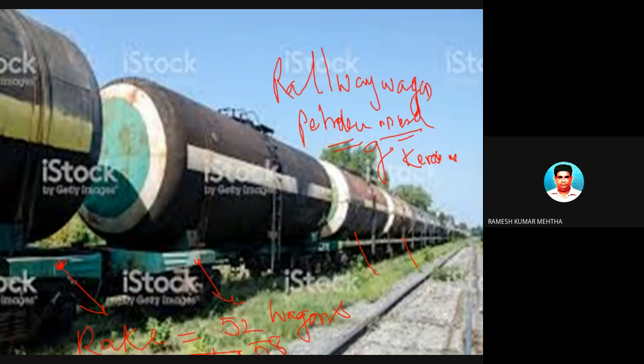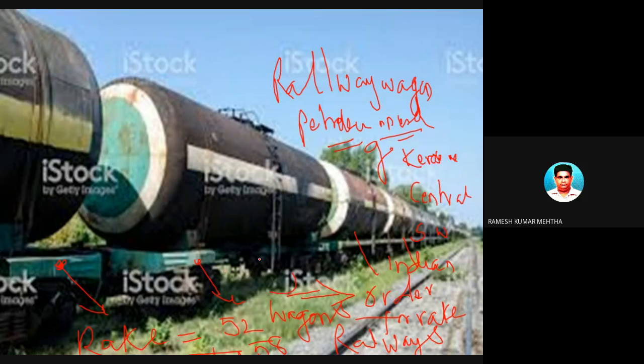And the manufacturer who wants to transport from the place of manufacturing to the place of market has to order a rake, and that rake has to be ordered with the railways. There are different divisions as far as railways are concerned: central railways, southwestern railways, southeast railways, northwest railways. Actually, I'm talking about the Indian context.